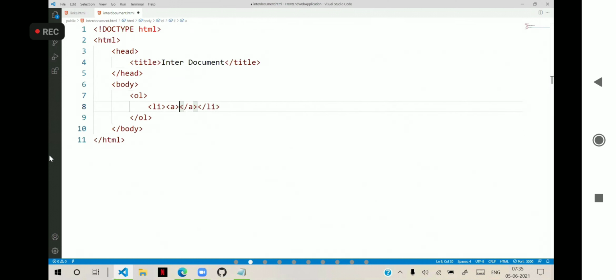Then obviously your href is equal to the URL, http://www.amazon.in. You have to mention the complete URL, not just www.com. You have to define the protocol, HTTP, and all these options.